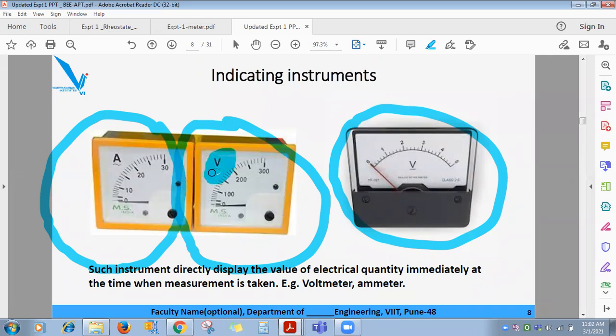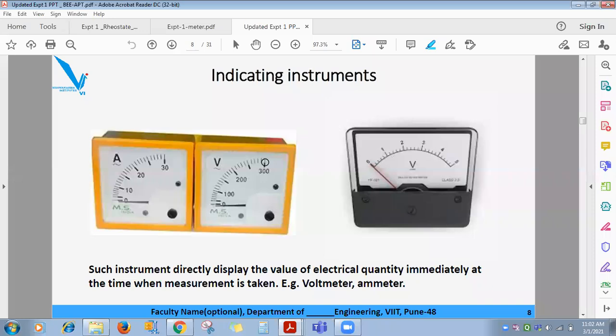See, observe this V and the symbol below it. Third one, observe the V and the symbol below it. What is the difference between the two? Yes, second is AC. Correct. This one is an AC voltmeter and the third one is DC. Got it? Which one is AC type and which one is DC type? If it is AC type, you will find below the V or ammeter an alternating symbol. It means this is an AC type of meter. You can use it only in an AC circuit when the supply is AC. If you find below the V a straight line, it is a DC type of meter that you can use only in a DC circuit when the source is DC.